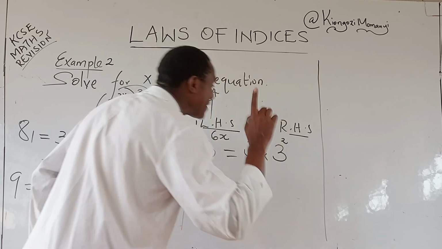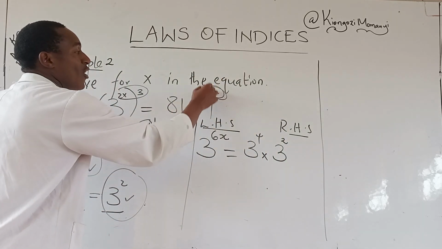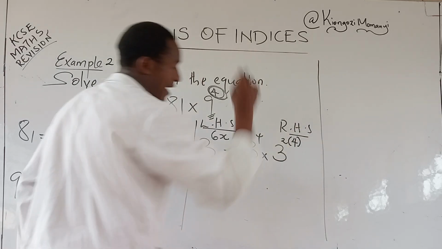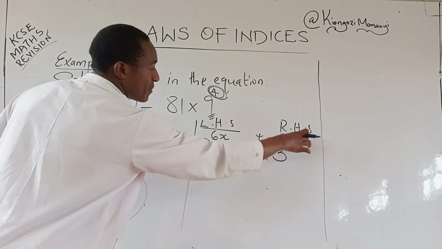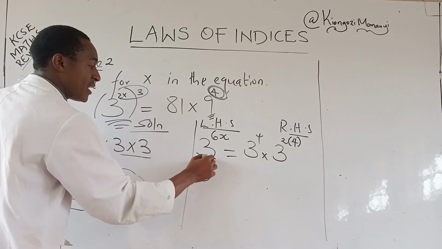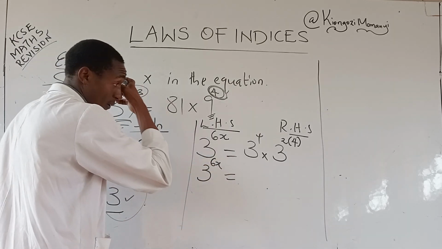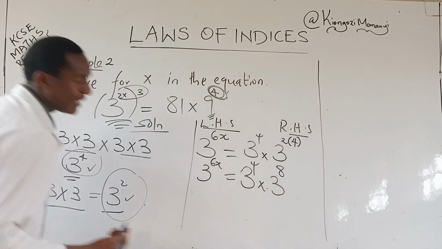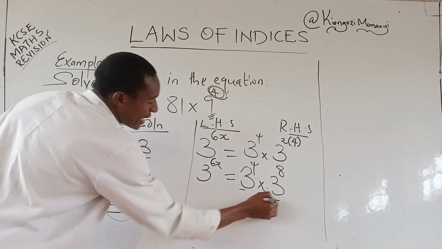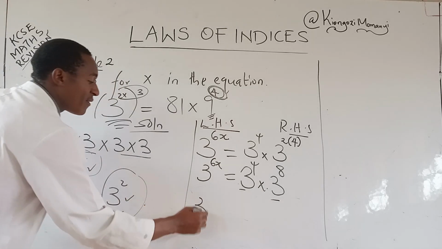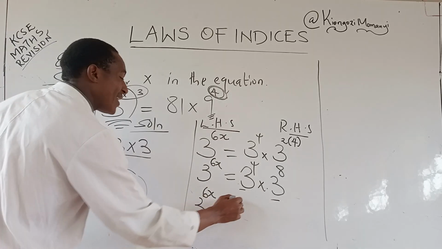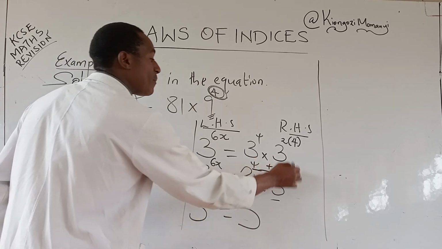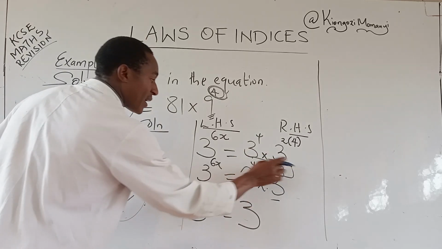3 power 2. But remember, there was this 4 before we factorized 9. And that is what we place there. So again, we multiply 2 times that 4. We have 6x is equal to 3 power 4 times 3 power 8. In this case now, common bases on the right-hand side are put together. So we have 3 power 6x is equal to 3 power. This is a multiplication, so we shall add the powers. That gives us 4 plus 8,